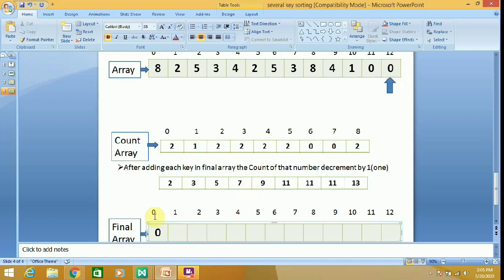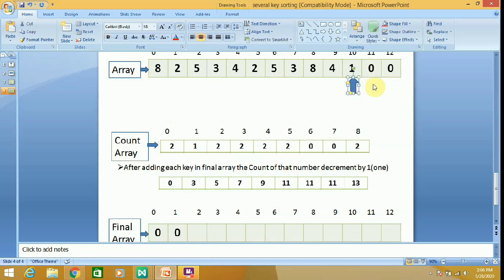Since one 0 has been entered, the counter value is decremented by 1. Clear? Next, what is the next element? Again 0, so 0 appears again. Index position 0, what is the number here? 1. So it is decremented, and one place you can keep 0, so 0 is completed.